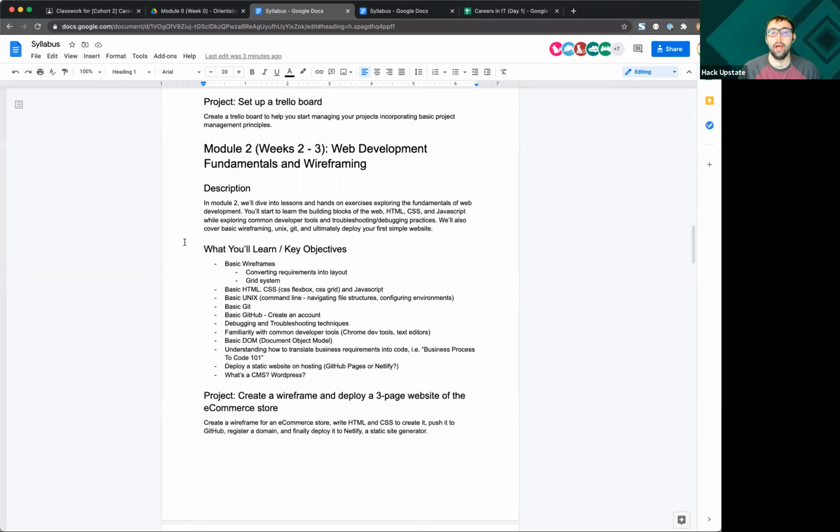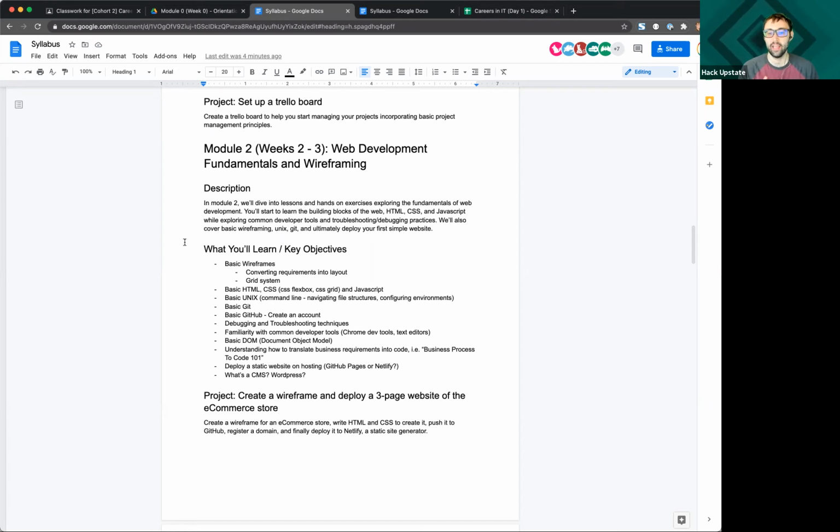Module 2, this is where we're going to actually dive into coding. We're going to start making your first website. And I promise you, it is going to look ugly on day 1 of module 2. And by the time you get to the end of it, you're going to be amazed at what you can create and how excited you get when one little color changes on the screen. So the languages that we're going to be covering here are HTML and CSS. Karen Thorne is going to be your instructor for this module.